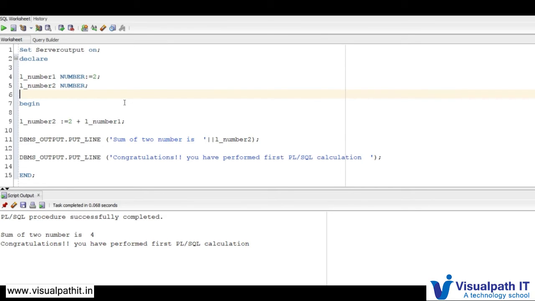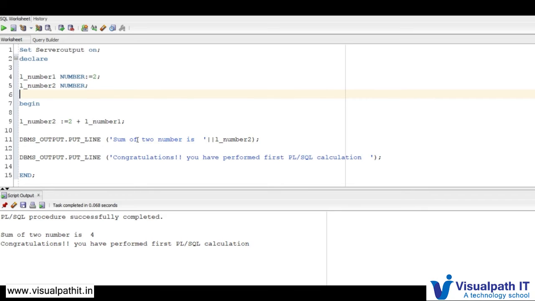And before everything else, this is SQL Developer, a tool provided by Oracle itself, to interact with the database, and to interact programmatically with the database in the form of PL/SQL and SQL.